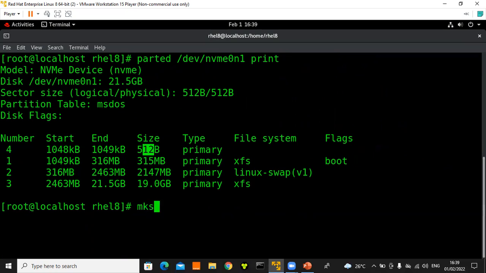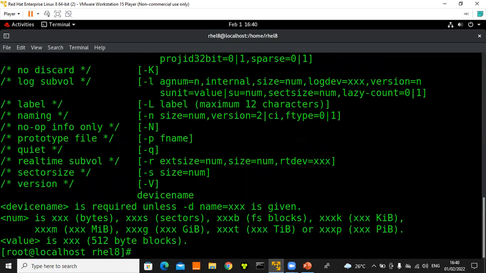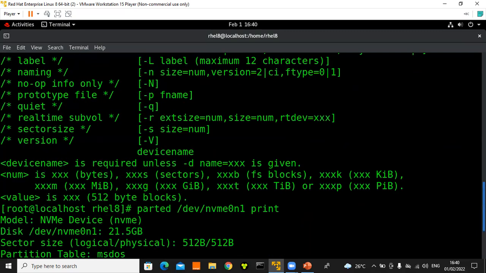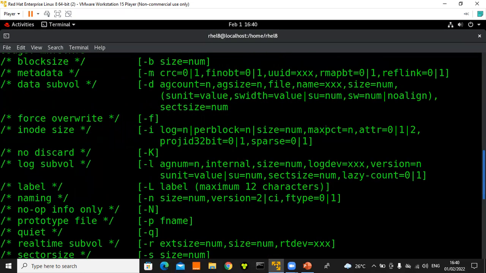So I come MKFS, MK for make, FS for file system, dot, let me put XFS, and then /dev/nvme0n1p4. Yeah, so I think we have an issue here. So I think something went wrong here. So sector size, logical volume. So I think the disk is not that much. Since I have a smaller space,